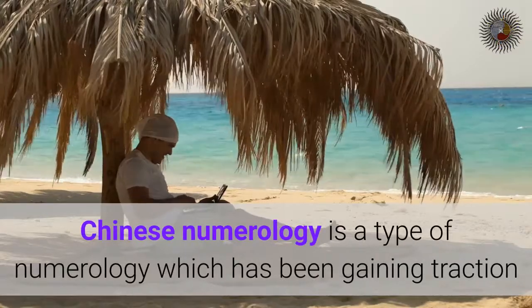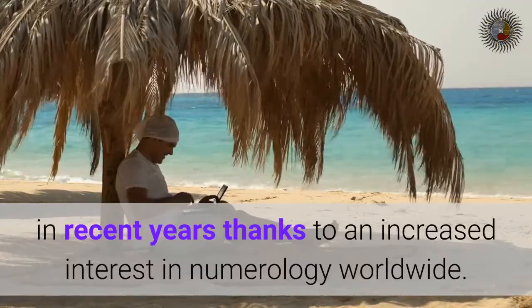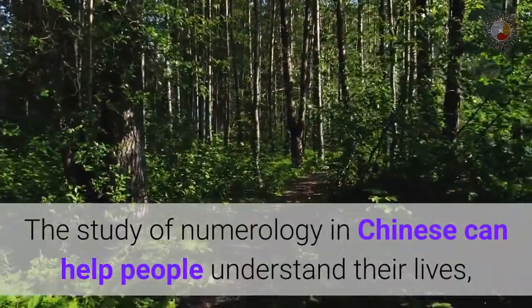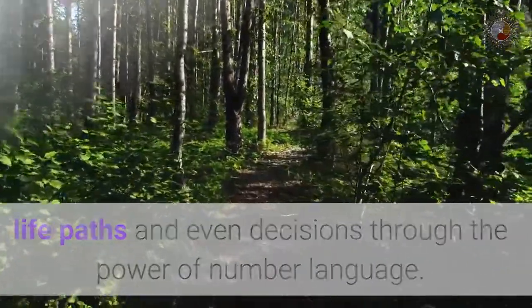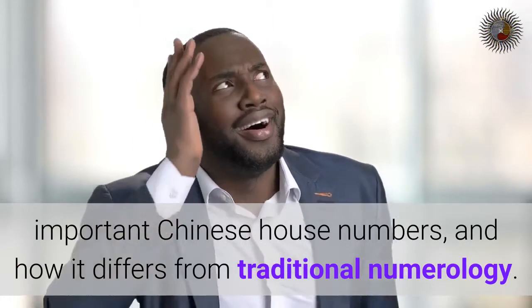Chinese numerology is a type of numerology which has been gaining traction in recent years thanks to an increased interest in numerology worldwide. The study of numerology in Chinese can help people understand their lives, life paths and even decisions through the power of number language. The following is a guide to understanding the Chinese sub-facet of numerology, important Chinese house numbers, and how it differs